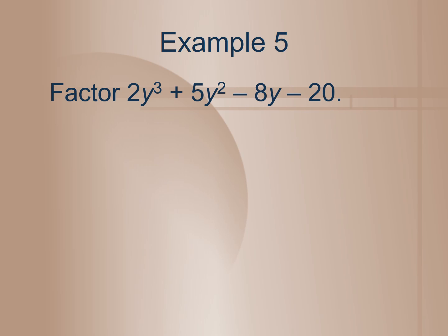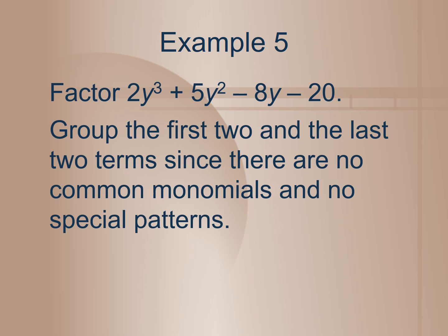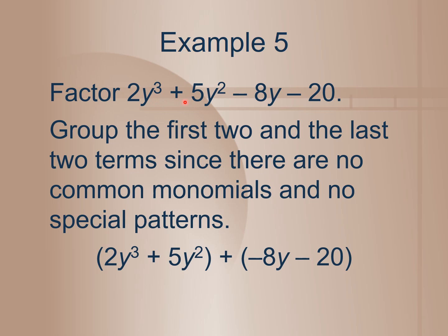So all four of these terms do not have anything in common with all four of them. Since they do not, we will start with grouping the first two terms and the last two terms together, making sure that we pay attention to these subtractions that will become negatives. So we have 2y cubed plus 5y squared as our first group, plus we have negative 8y minus 20 as our second grouping. Now that we have our groupings, we will go ahead and factor out